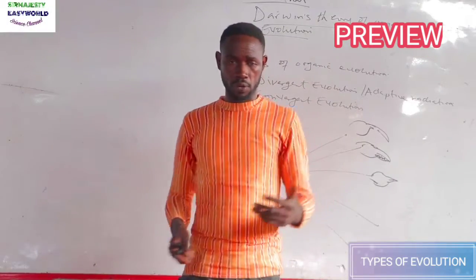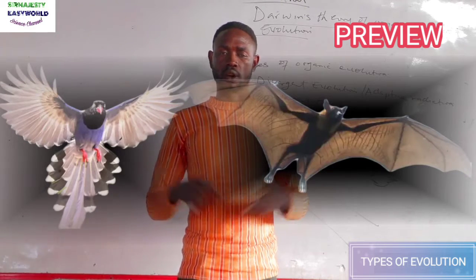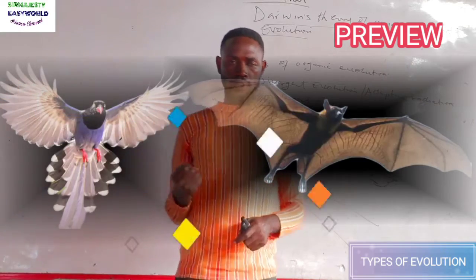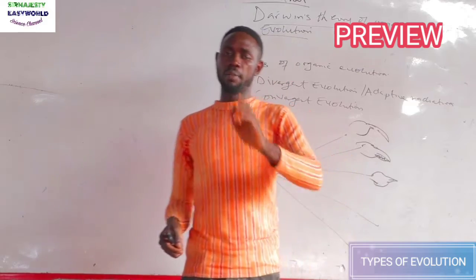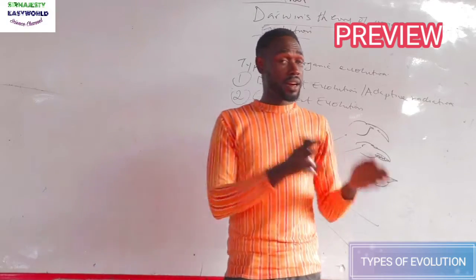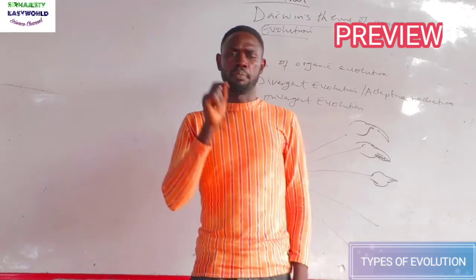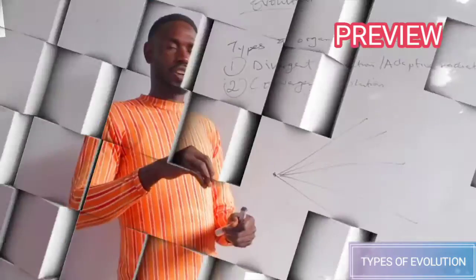There are many examples of convergent evolution. Another one is wings of birds and wings of bats. A bat is a mammal coming from a different class, while a bird is coming from a different class. Then other forms of evolution that might be discussed are parallel evolution, co-evolution, and most importantly, microevolution. So, I'll take that up.